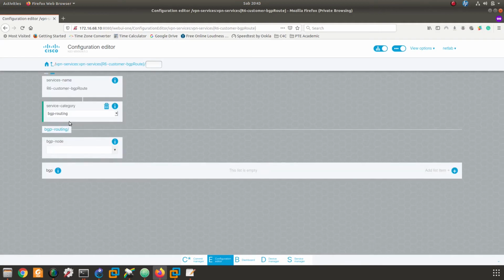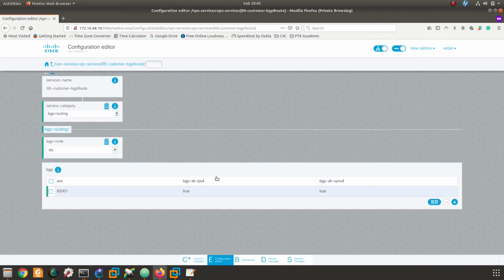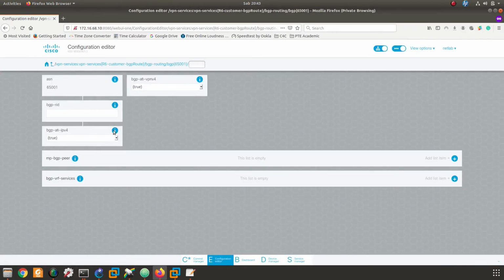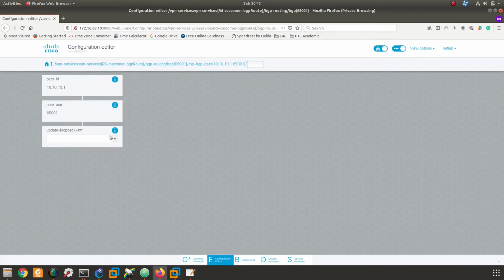now we want to create a BGP routing for R6. We have an AS number, this is the AS number for MPBGP. The router ID is 60.60.60.6, we enable all these things. Yes, okay, and the peer ID is the loopback of router 1. Let's check. Loopback interface is 0. Yes,